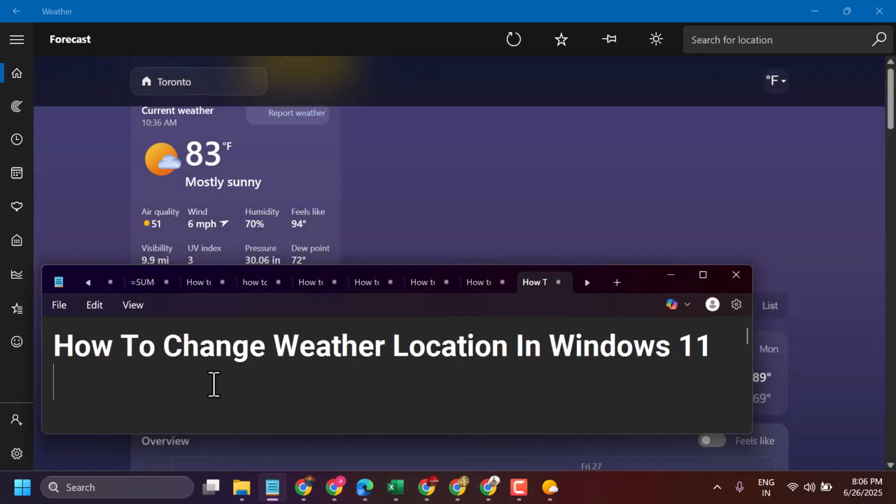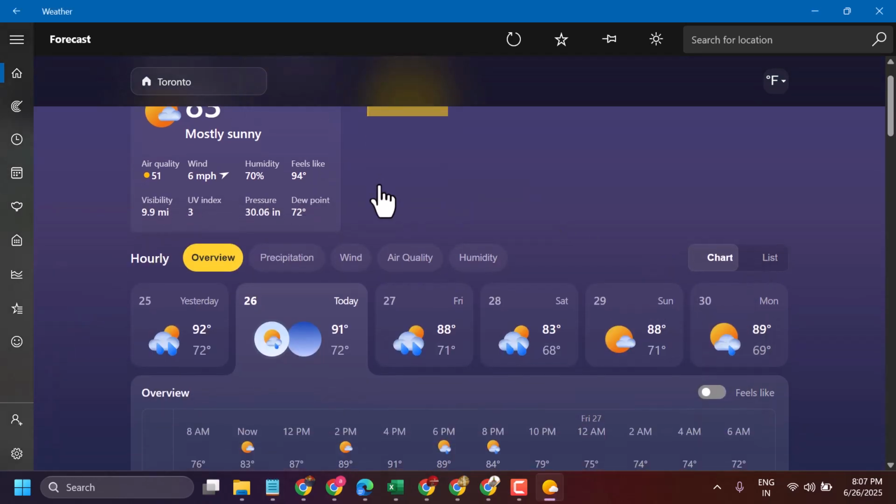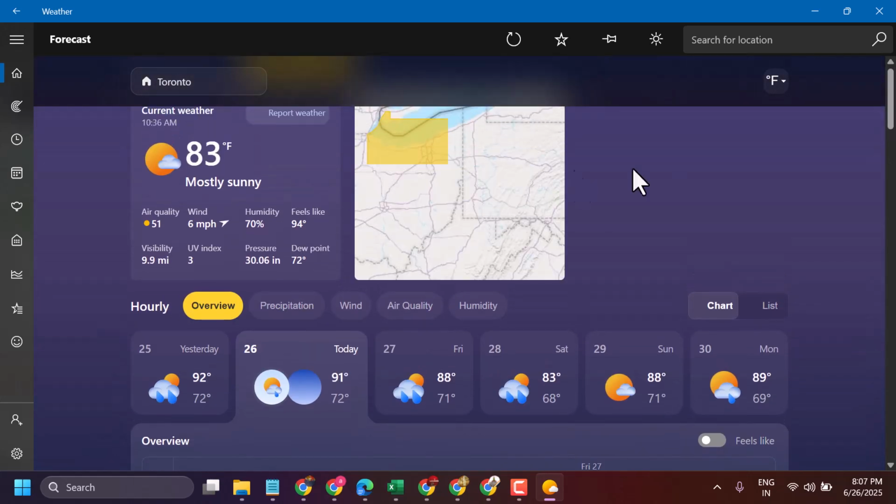Hello friends, this is the video to learn how to change and set default location in weather application. Click on home